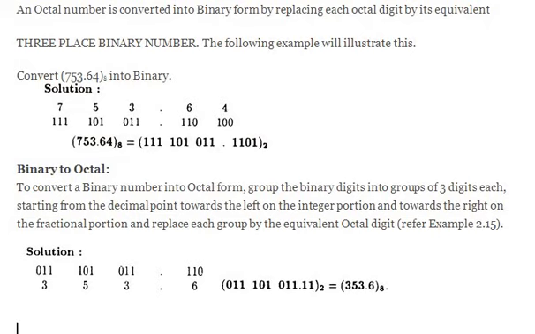In the previous case, that is octal to binary, each and every digit is treated as a decimal and converted into binary. 7 is treated as decimal, and 7 in binary is 111. Whereas binary to octal, group it into 3 digits. As I told you, octal is base 8, it is 2 to the power of 3. So group it into 3 digits and convert that binary to decimal. 011 in decimal is 3, 101 in decimal is 5, and 011 in decimal is 3, and 110 in decimal is 6.